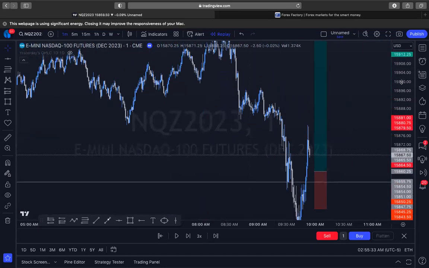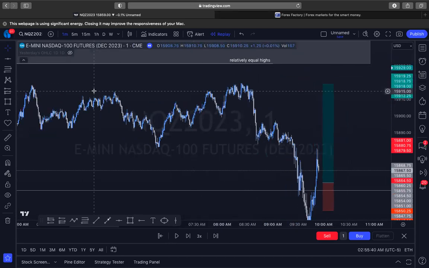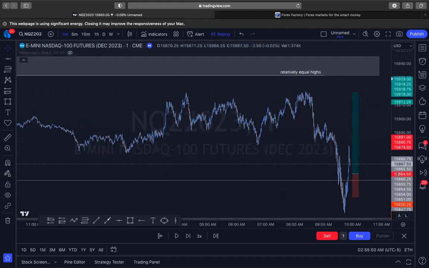That was the reason why. Go ahead and take these off. That was the reason why it went lower. It did take out these highs here. I had that marked up because that's why I had my arrow showing there. It had taken out these highs and then it just clearly just tanked right here.